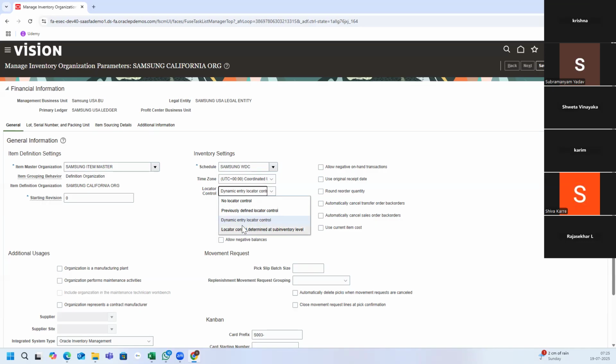Next, if you don't want it at the entire organization level, you want to go sub-inventory wise, whether you want to enable it or not for each sub-inventory, then you can go by locator control determined at sub-inventory. Okay. Then what we did,